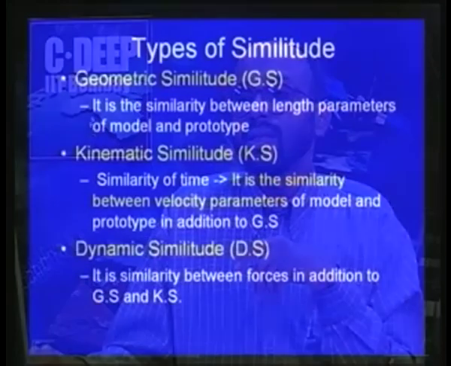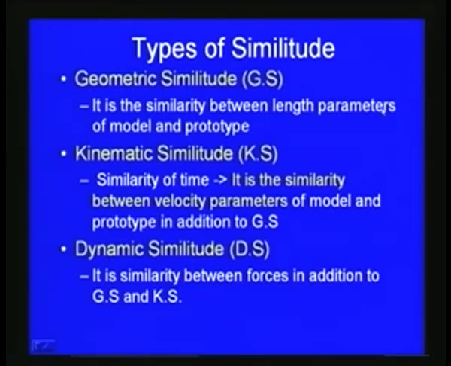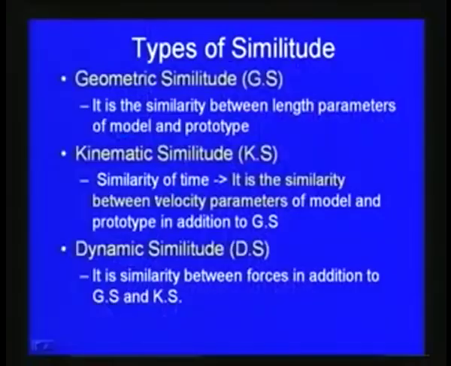So, while doing these kinds of physical modeling, generally 3 important similitude or similarity principles are used in fluid mechanics. First one is the geometric similitude, second one is the kinematic similitude, and third one is the dynamic similitude. Here the geometric similitude is the similarity between the various length parameters of the model and prototype. The real field problem we consider, with respect to the length or the breadth or the depth or various dimensions of the real field problem. So, how we model or how we do the similarity, this is the geometry. Geometry means length, breadth, and depth. So, with respect to these parameters, how the similarity or the similitude is adopted, that is what we deal with in the geometric similitude, and second one is the